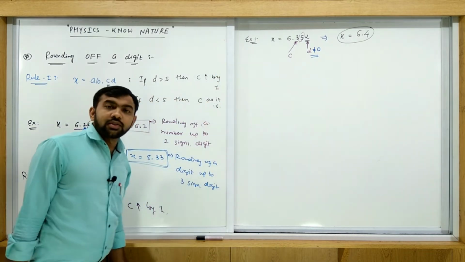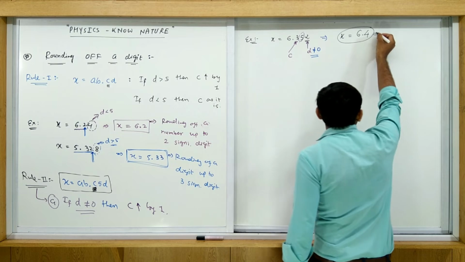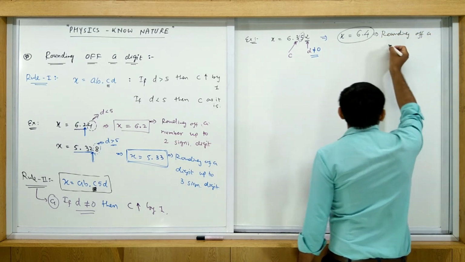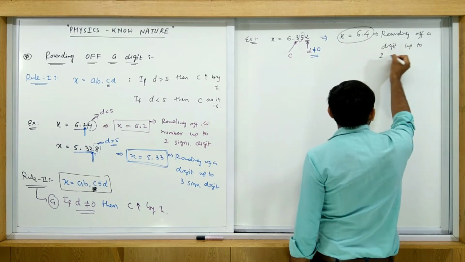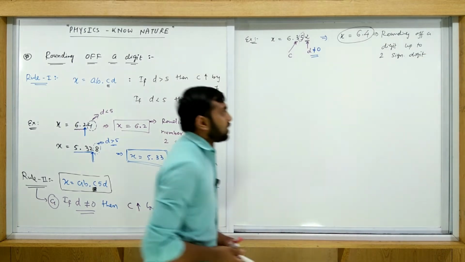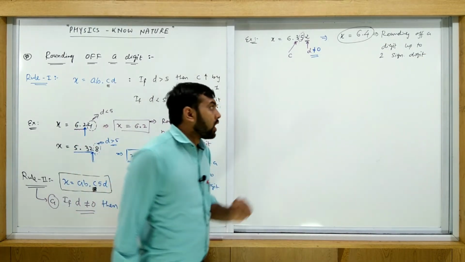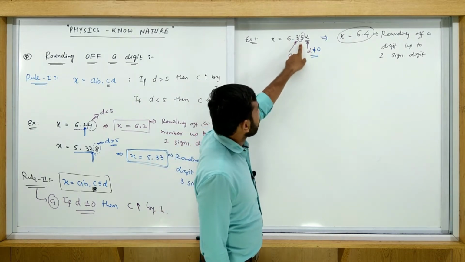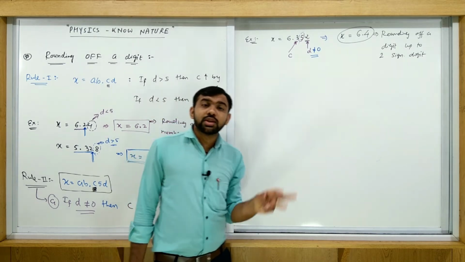Now this 4-digit number is given to us. We are rounding off up to 2 significant digits. So write down here: rounding off a digit up to 2 significant digits. You can write down this answer up to 2. Suppose up to 3, then we require 6.35, these 3 digits. Then here C is equal to 5, D is equal to 2. Actually you can round off this number up to 3 digits, up to 2 digits, up to whatever.